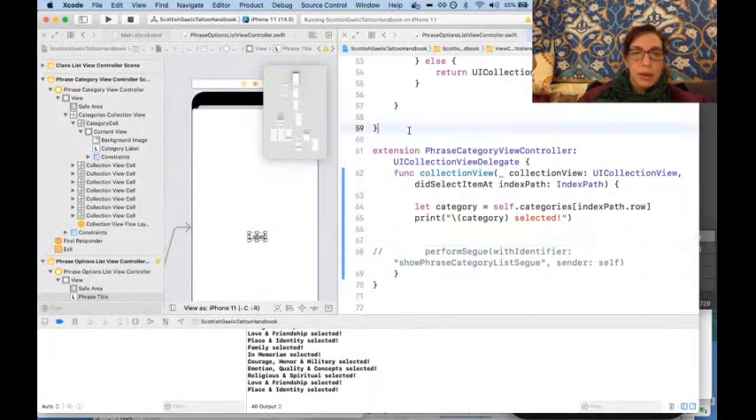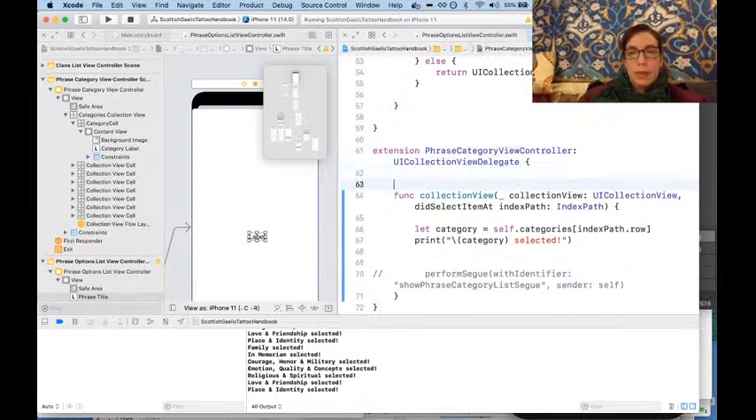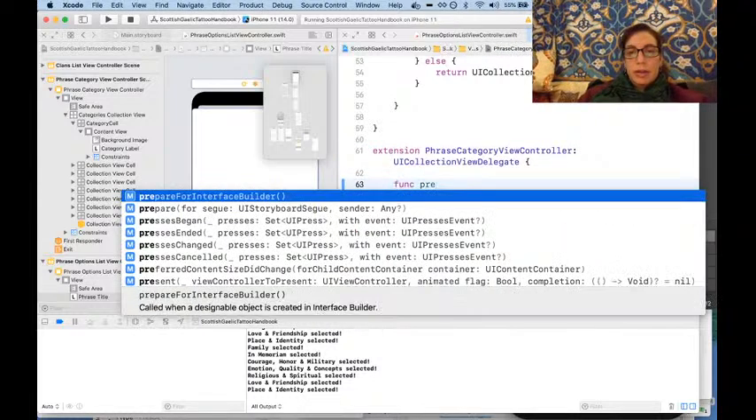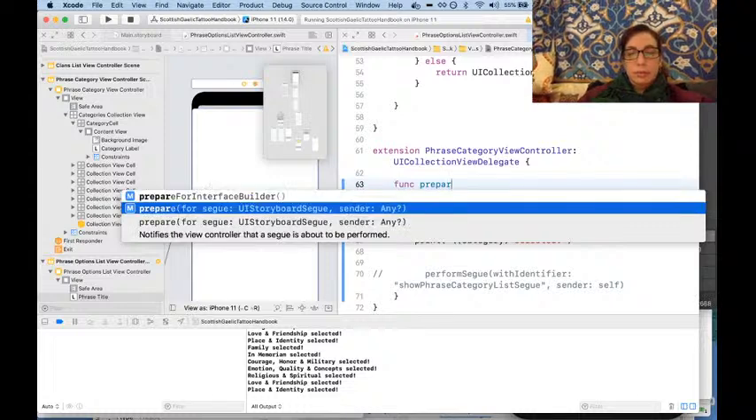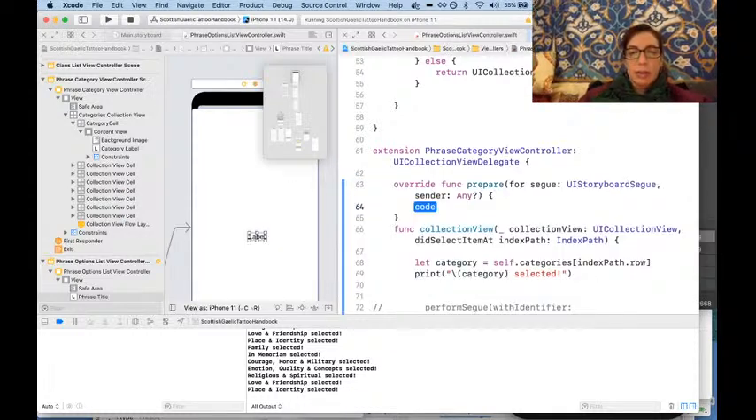And perform this segue. Fine, well, I guess we'll put this in here, huh? Because this is where we're going to want to do it. Prepare for segue. And then we're going to say if segue.identifier equals,